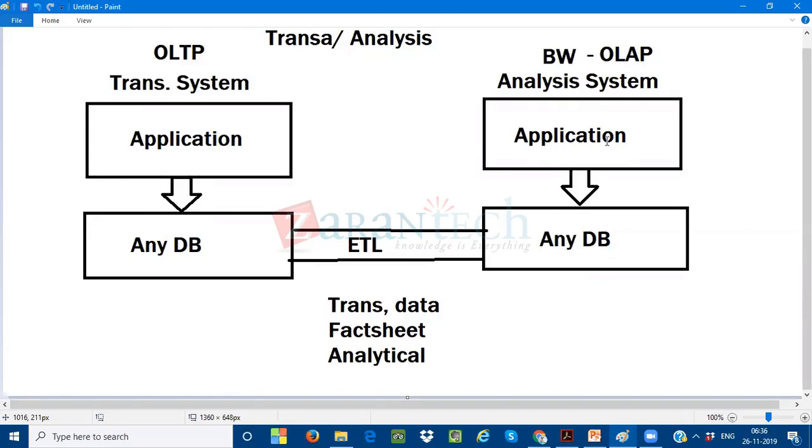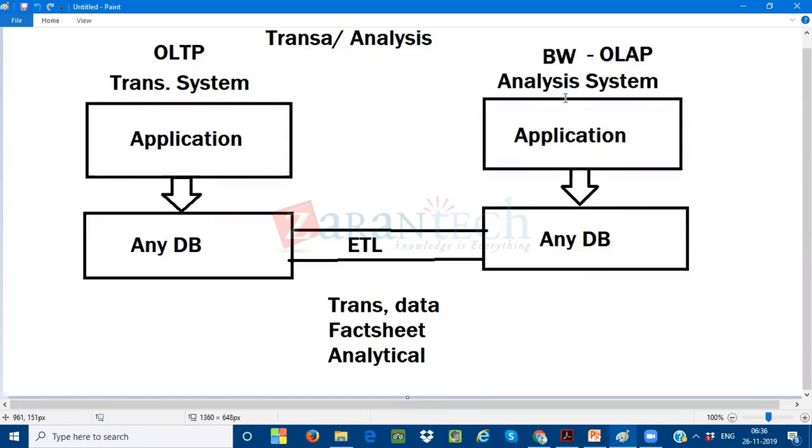So these are the batch jobs. Some companies may go with weekly batch jobs, some may go for monthly or quarterly, depending upon the data. They will extract, transform and load the data to the database in the BW system. Now my BW consultants are going to develop some cubes, extract the data, and develop the report in the BW system.